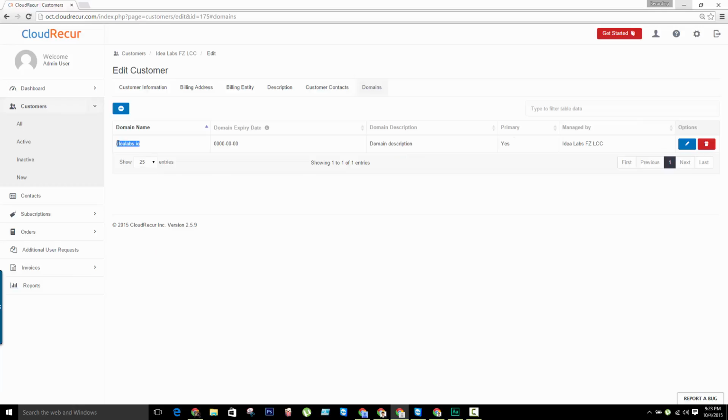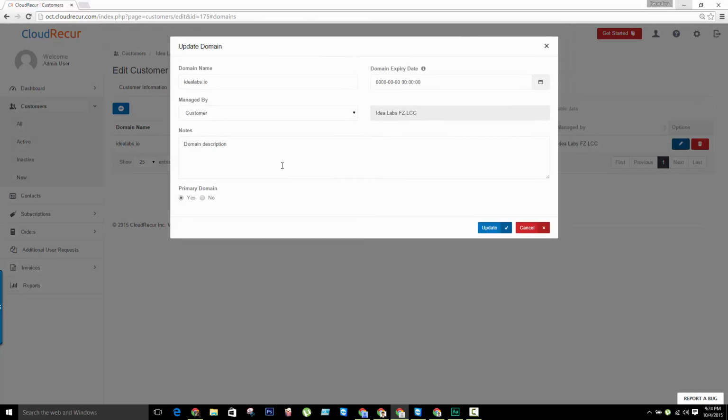Now, if you fill in the domain details correctly, what is going to happen is when the domain is going to approach its expiry date, your customers are going to get an automatic domain renewal reminder, because domains are critical for Google Apps and other subscriptions to be active. So we will proactively send customers domain renewal notifications, and to get that done, we need the correct dates on the domains. You just click on the edit button and fill in those details,